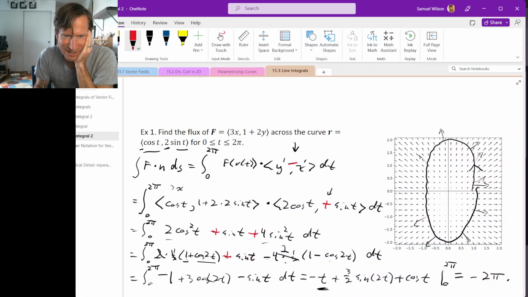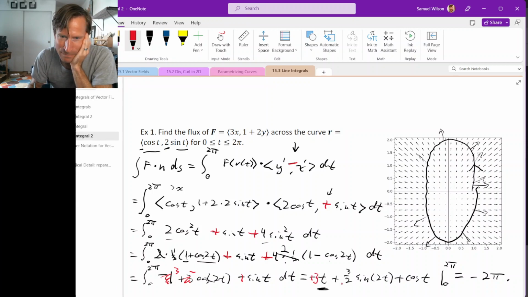This should be positive, and this should be positive. So that means, let's see, we have a 1 plus 2. So this is going to be 3, not minus 1. And here we have a cosine and a minus 2. So this is minus 1 cosine 2t, and this is positive. Okay, so that's going to make this positive